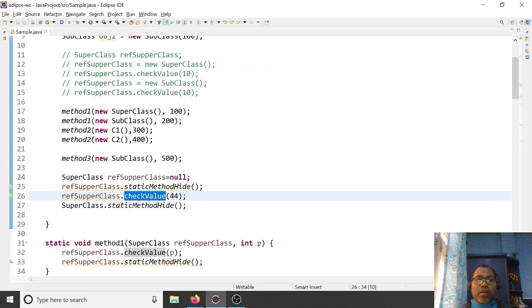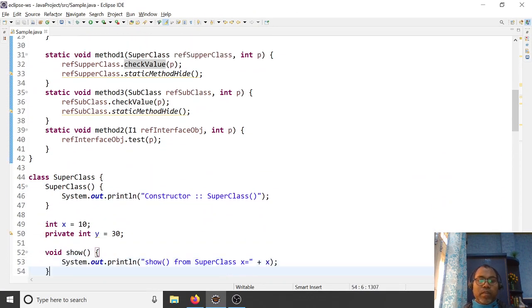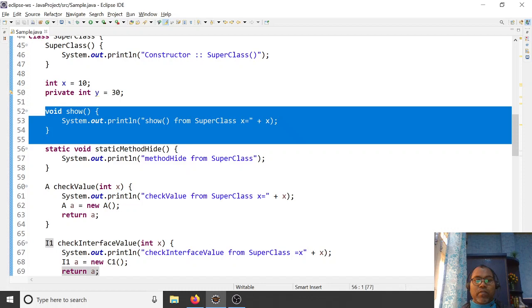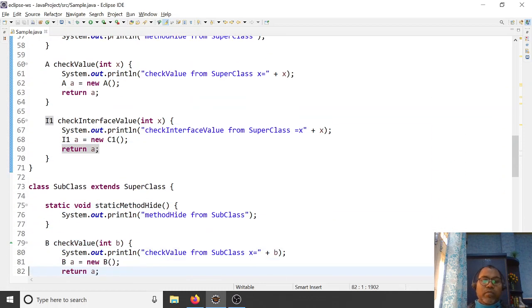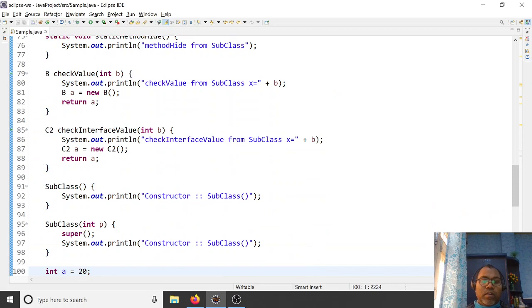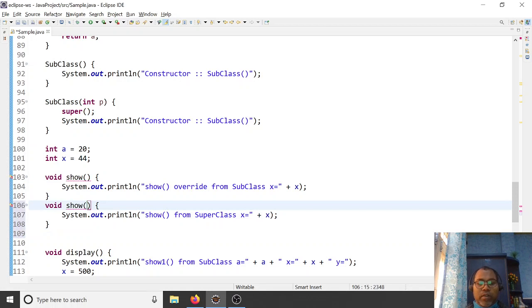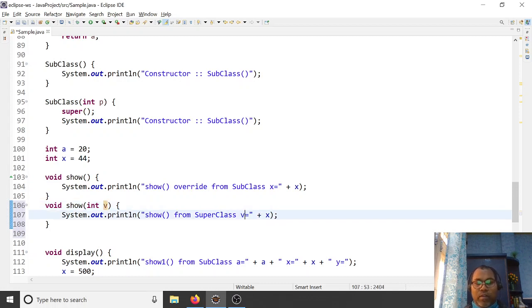Let's see an example here. Here you can define a method. I have defined a method, and I can also define the same method and pass an integer argument 5. Here the method is overriding when you write the same signature in the subclass.